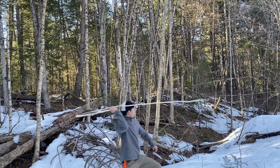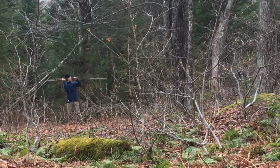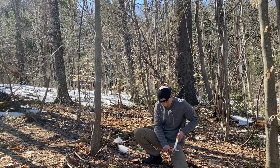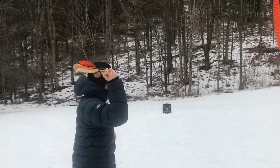The Atlatl is a spear thrower that uses leverage to propel darts or spears at high speeds and long distances. This tool has been around for thousands of years and has been used to kill everything from fish to mammoths. In this video, I'll show you how to make your own Atlatl from natural materials, as well as how to